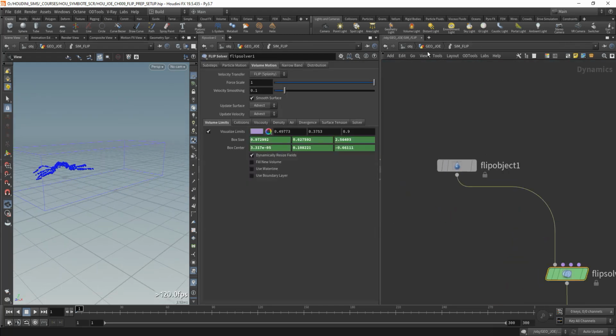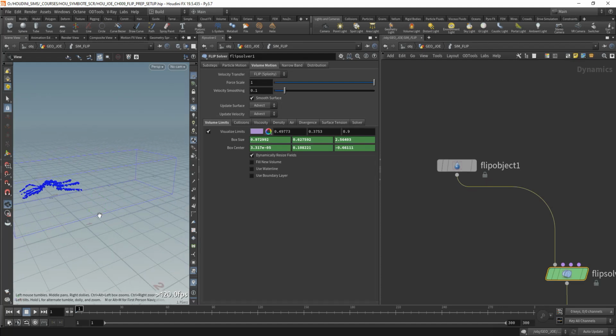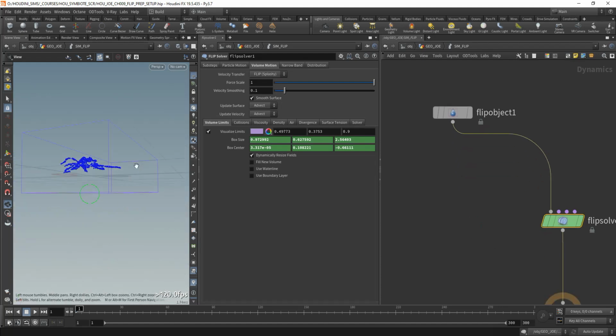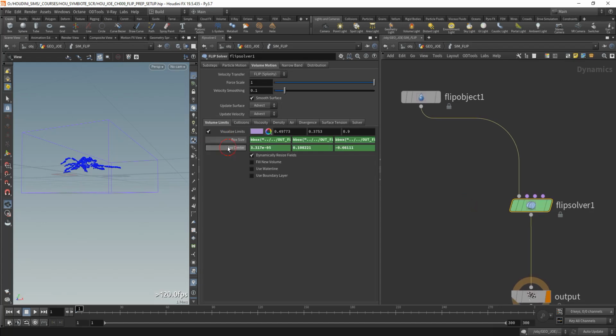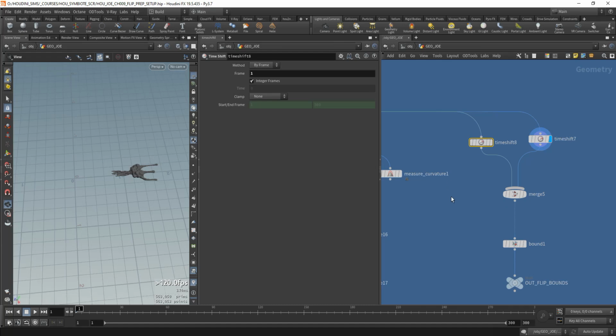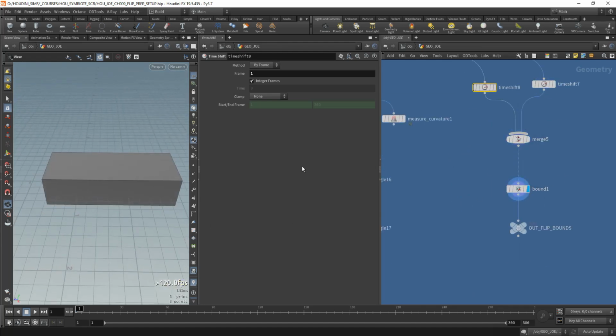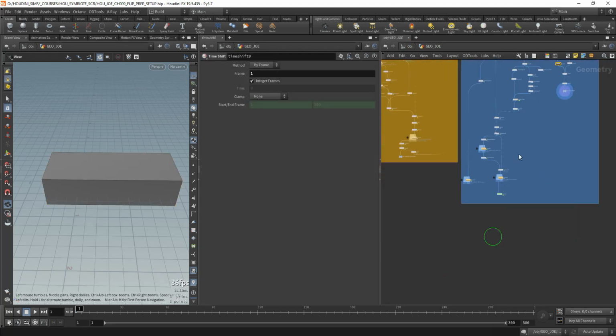So if our creature moves or just goes a little bit further, crawls a little bit further, the bounding box will adapt. So this is a good way of keeping stuff procedural. Why I did this time shift on the first frame and the second one on the last frame is to just cover the whole area of the movement of our creature. So I merged them together. The resulting bounding box will contain both of them. So this is the whole path of movement. So let's go back to our flip sim,